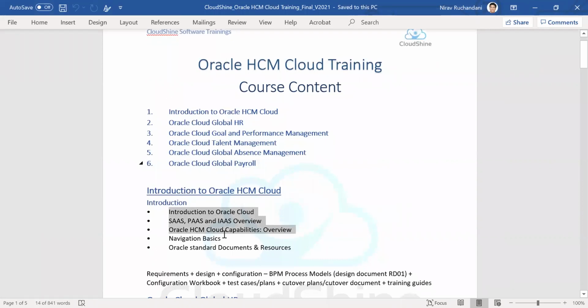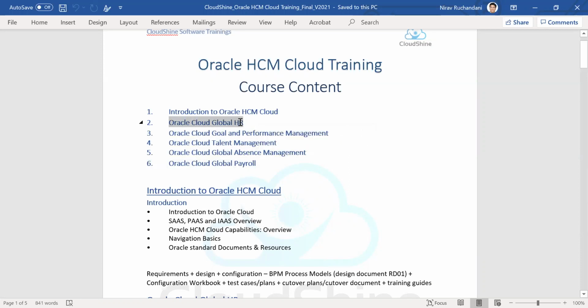In our demo session for tomorrow, we will be looking at how the application looks at a very high level, navigation basics, and what are the different modules. So we talked about the different modules, how those are placed in the application. We'll see an overview or a basic of that, and after that is where we will start off with the modules which are in scope of this particular training.